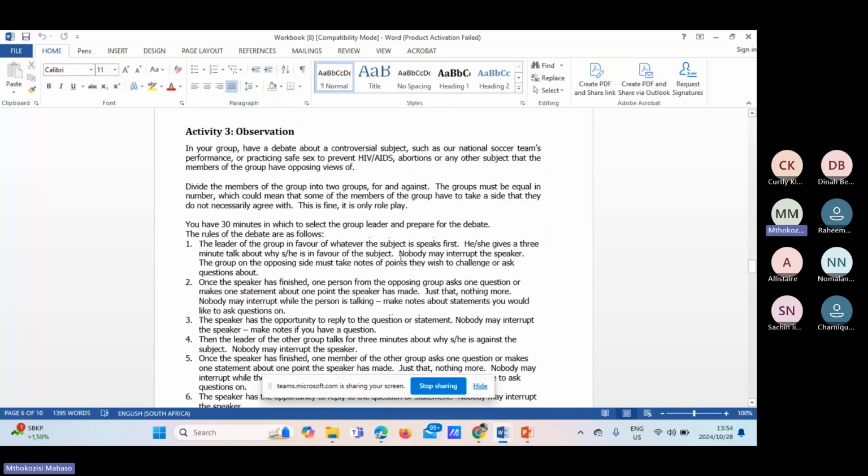And then when we go to activity 3, which is an observation. So activity 3 reads as follows, guys. I think for this one, we just gotta pay a little bit more attention so that it's going to be easy for you guys to understand. Okay, so for activity 3,